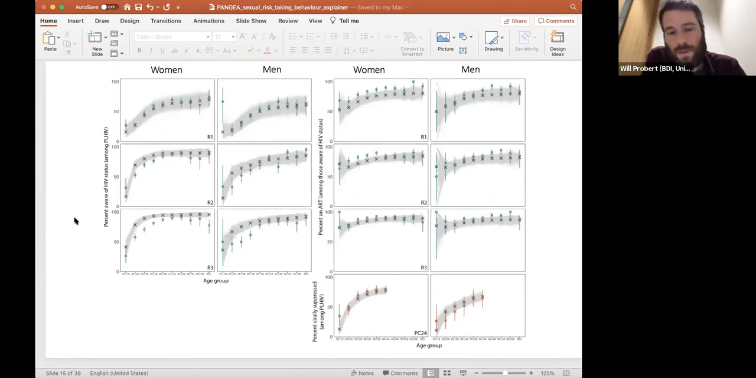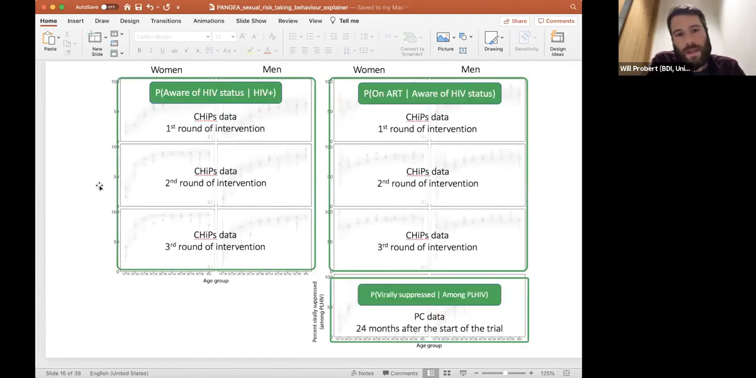We also fitted to different 90s, so awareness and proportion on ART, and the proportion virally suppressed. This is showing age and sex stratified fits for the first 90 on the left-hand side here. This is from intervention data. It's showing age and sex stratified proportion awareness of HIV status given HIV positive individuals. So rounds 1, 2, and 3 of the intervention data, 3 rounds of the intervention data for proportion on ART